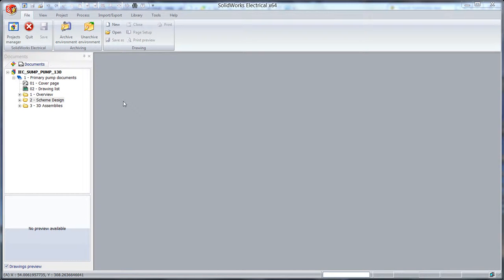Hello, today I have got a short period of time to show you some of the features which are available inside Solidworks Electrical 2D and 3D. Currently we're looking at Solidworks Electrical 2D. You can see that I've got a project open over here on the left hand side in the Documents Manager,